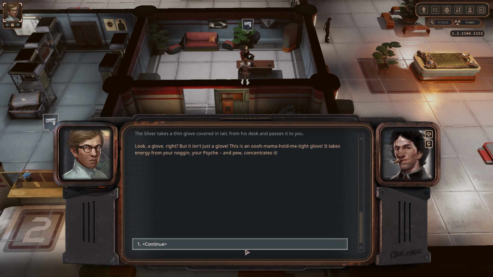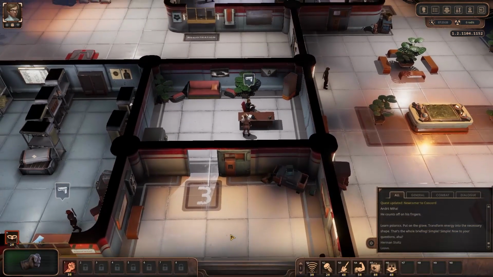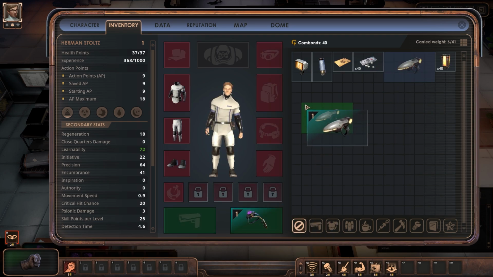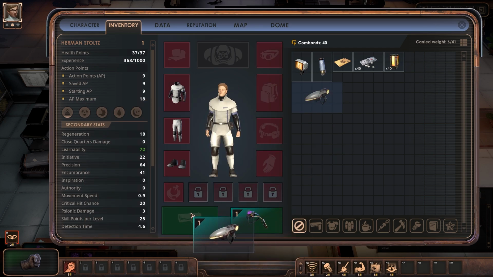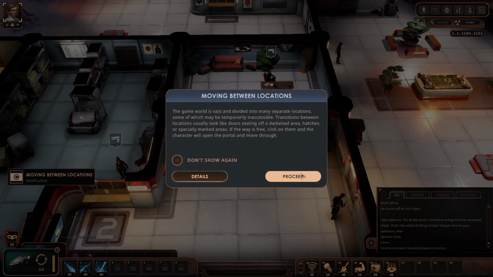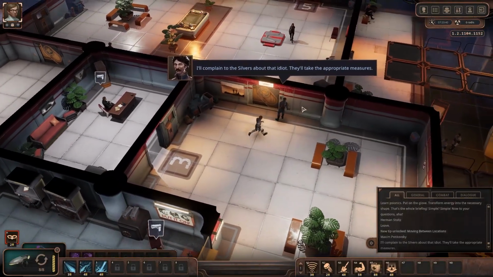Okay. And then he gives me the glove, which I've already had, but it concentrates your psi power. Then science put on the glove, transform into the necessary shape. Okay, and we'll leave. Right. So I should now be able to wear the glove. Where's the glove? Aha, it's a weapon. Right, okay. There we go, and that's just on there. That's fine. Yeah, so I've got an actual, like, laser gun. I didn't have that last time. I just had a normal, boring